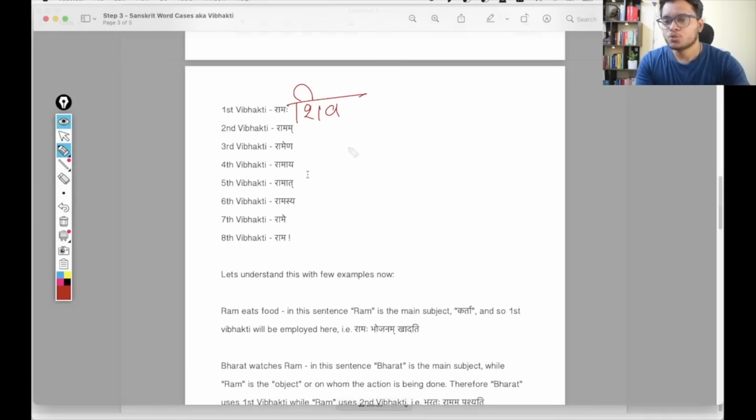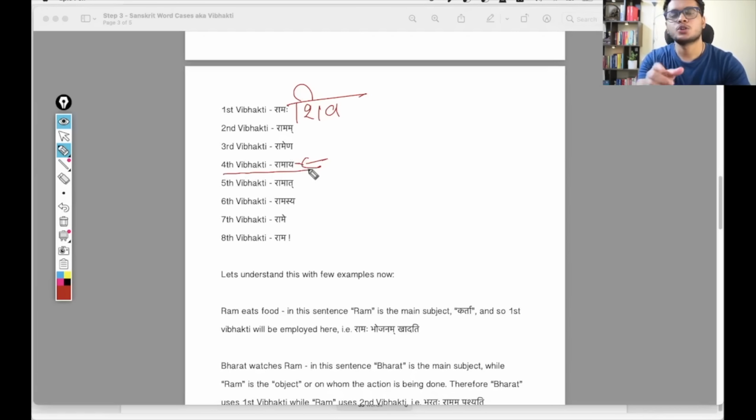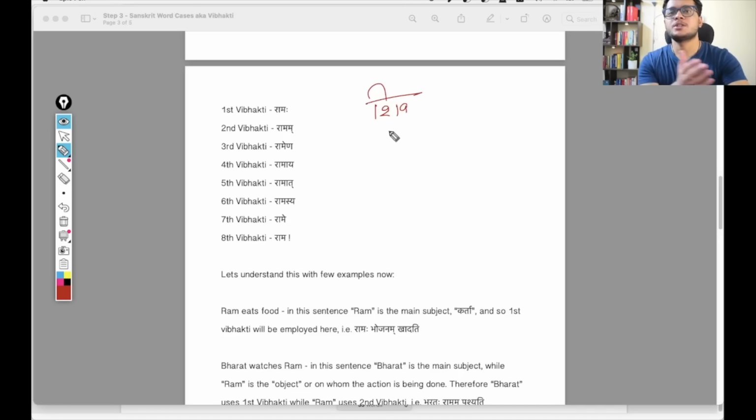Shiv. You already know that Ram changes into Ramai in its fourth word form, right? And the fourth word case, if you remember, is when something is done for someone, whenever something is offered for someone. So in that case, it is assumed fourth word case. So Ram changes into Ramai. Okay. So because both Ram and Shiv are Akarant pulling words, Shiv will also change into Shivai, right? If we are going to offer something to Shiva. And when we say the prayer Om Shivaay Namah,